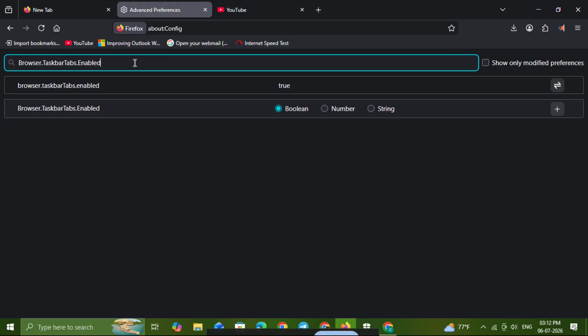After typing it in, Firefox will show you the matching setting. If the value is set to false, click the toggle button, which looks like a switch or double arrow icon, to change it to true. If it's already set to true, then that part is already enabled and you don't need to do anything else. This step is important because it turns on the feature that allows Firefox to handle supported web app style behavior